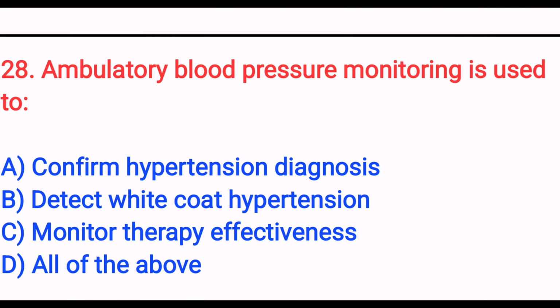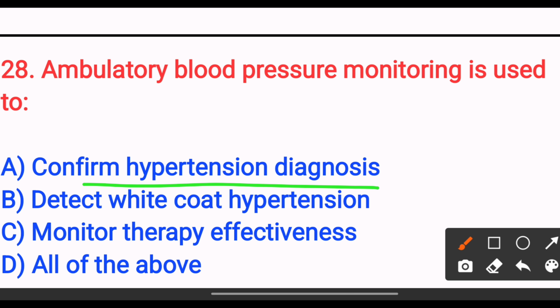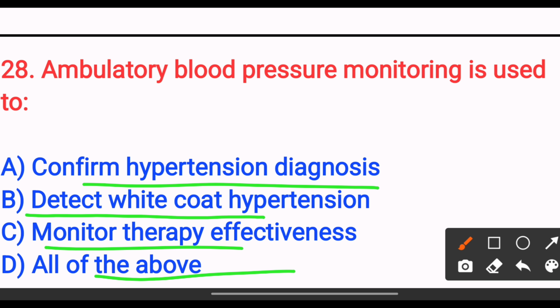Ambulatory blood pressure monitoring is used to: option A, confirm hypertension diagnosis. Option B, detect white coat hypertension. Option C, monitor therapy effectiveness. Option D, all of the above. The answer is option D, all of the above, because ambulatory BP monitoring is useful for the diagnosis and management evaluation. Next,